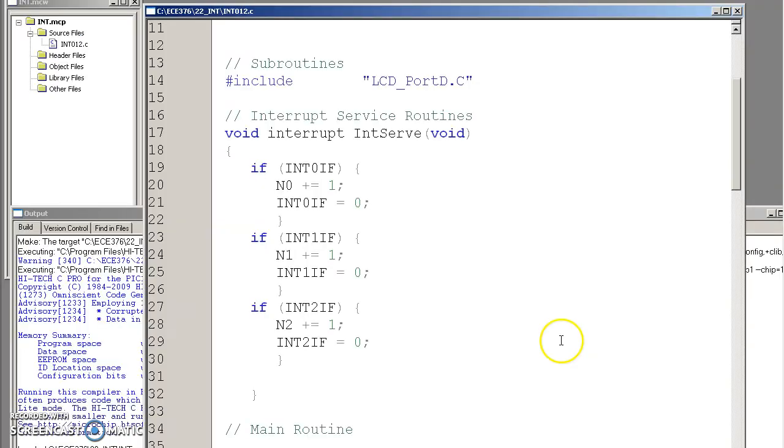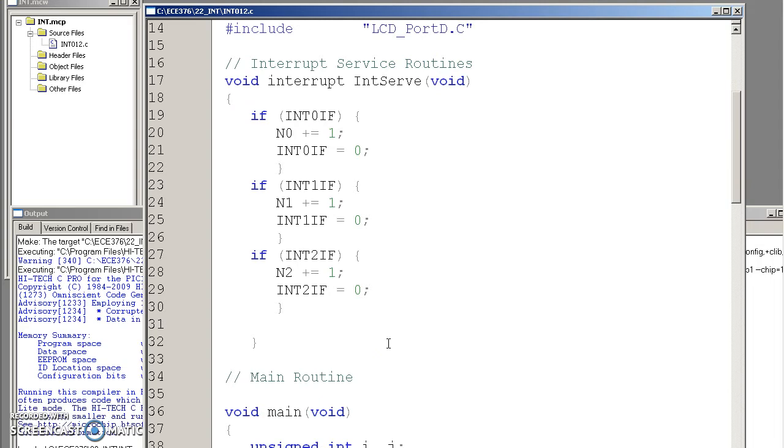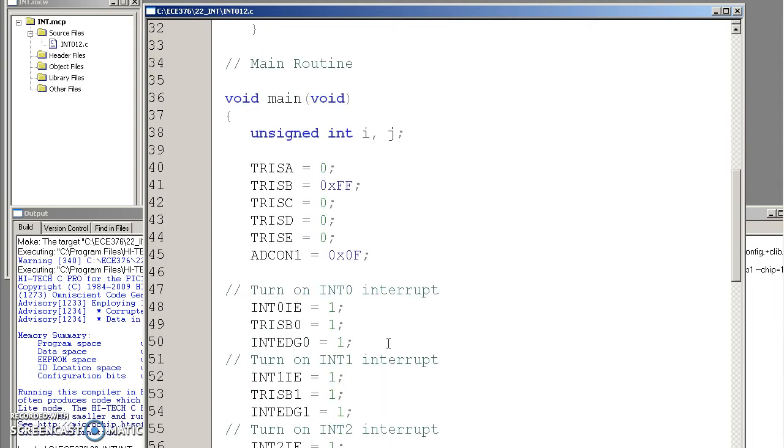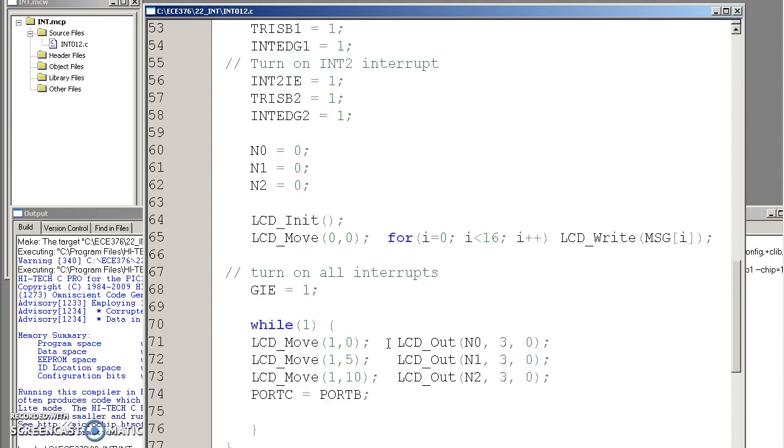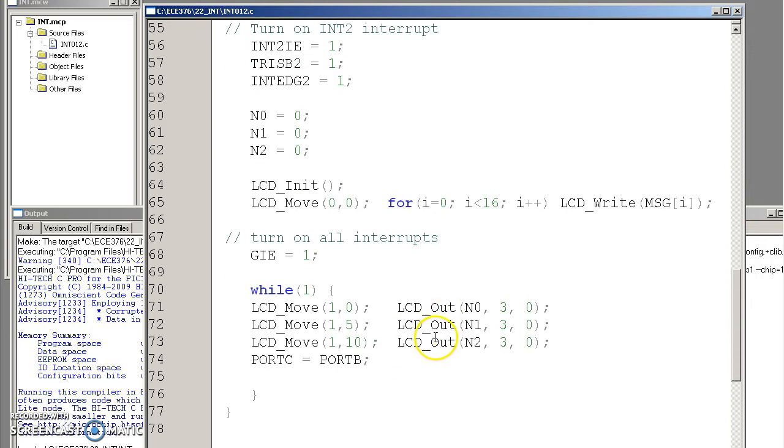The program is fairly simple. I've got my three interrupt service routines. If I have an interrupt on port B pin 0, 1, or 2, I simply increment the appropriate counter. In the main routine, I have to enable each of the interrupts for rising edge. And then in the main loop, all I do is display how many votes for each candidate. What that looks like